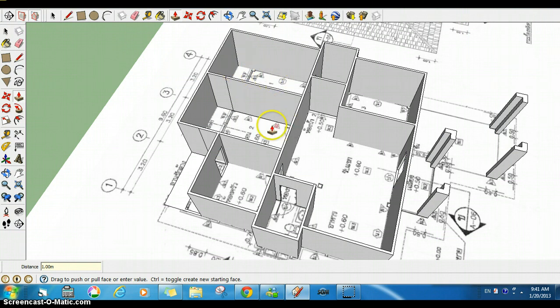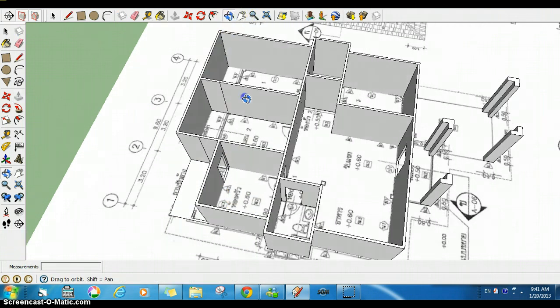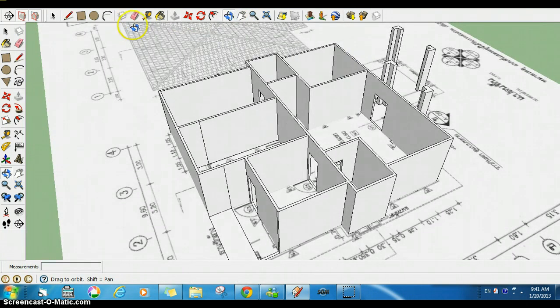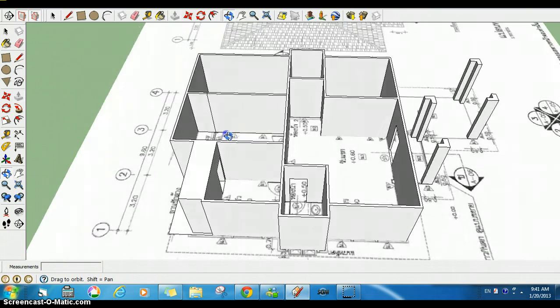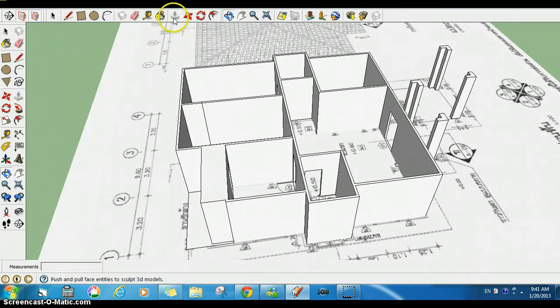So now I just make these two rooms 2 meters wider. I have a larger porch, but I don't really want a larger porch. What I want is a larger kitchen. So I'm going to do the same with the kitchen wall. I'm going to pull it out 1 meter, enter. Then I'm going to go on the inside and push,